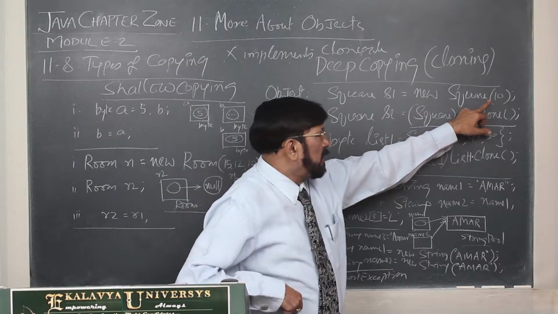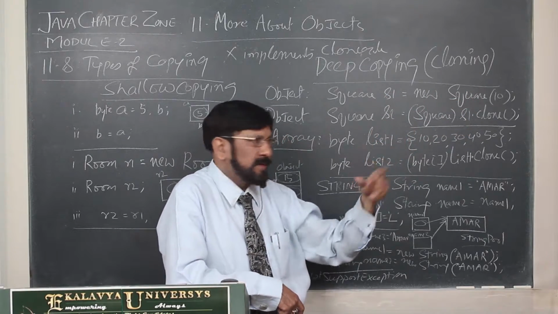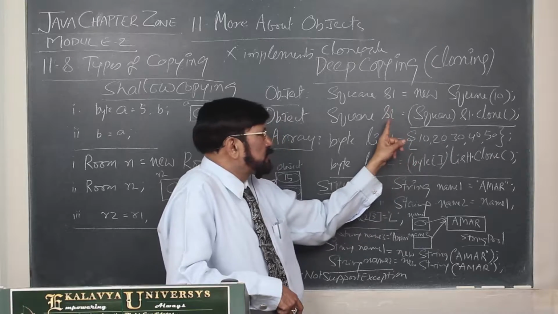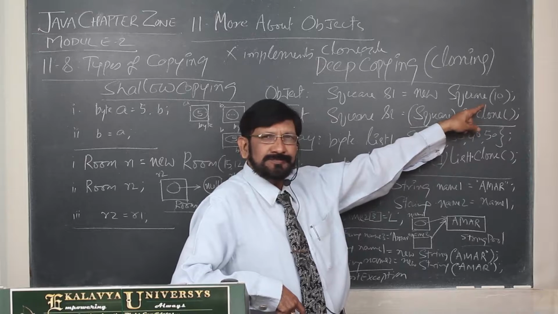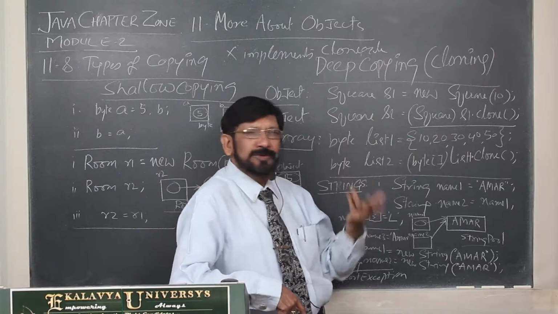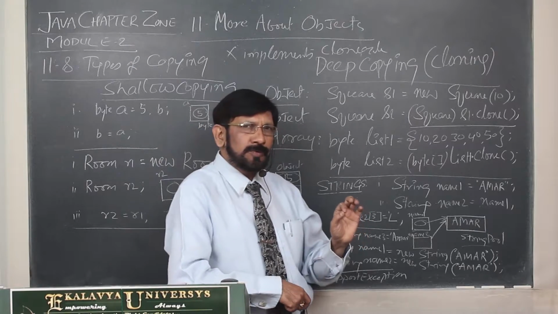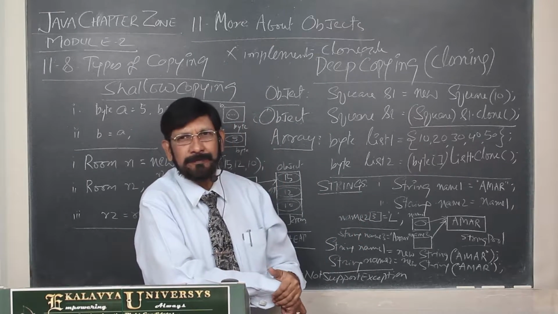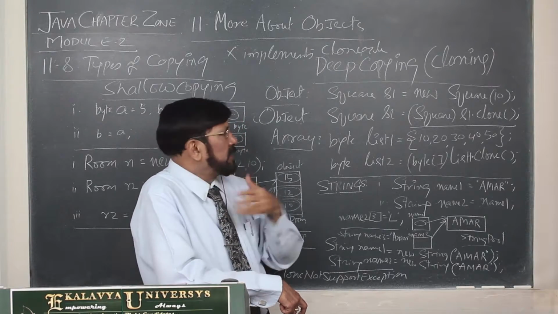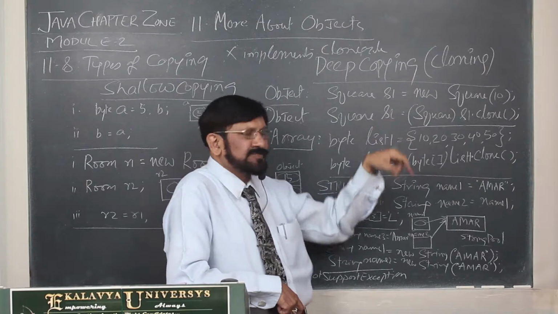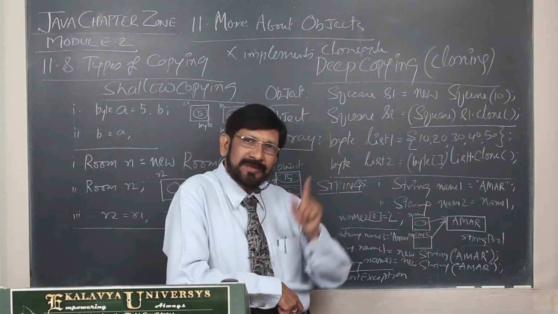Now, for the S1 object you see 10. For S2 also, S2 dot side, S1 dot side you write, 10 comes. S2 dot side also you write, 10 comes. One more experiment you make. S2 dot side is equal to 20 you make. You are reassigning the value. Then thereafter S1 dot side also you write. Then it is not 20, it is 10.